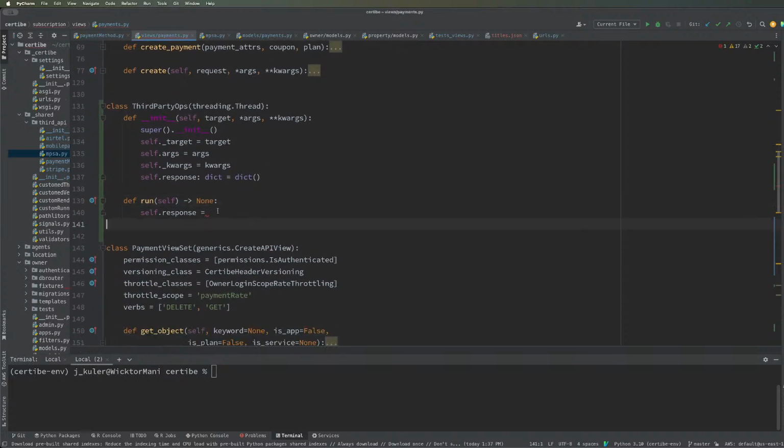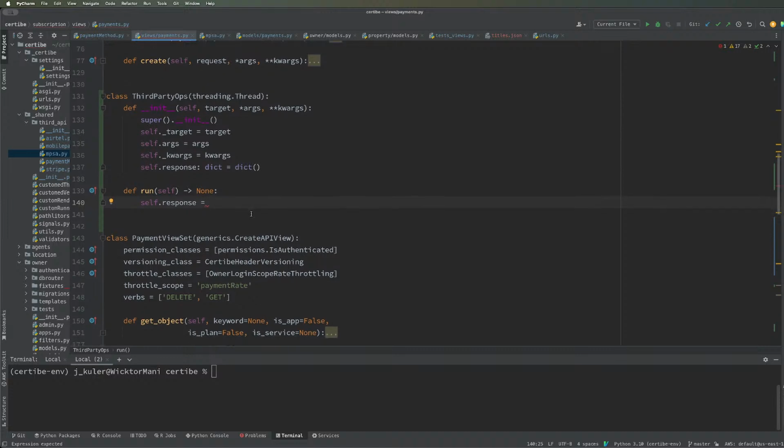I want to make sure that this thread will not affect the database connection thread, so I'm gonna decouple that from the database connection thread so it can't block the database connection thread. So the goal is to make sure that, you know, when we are making a payment to the third party,